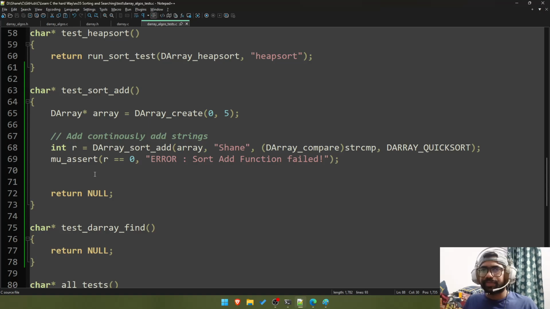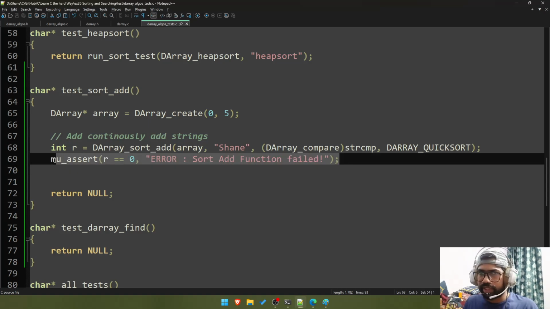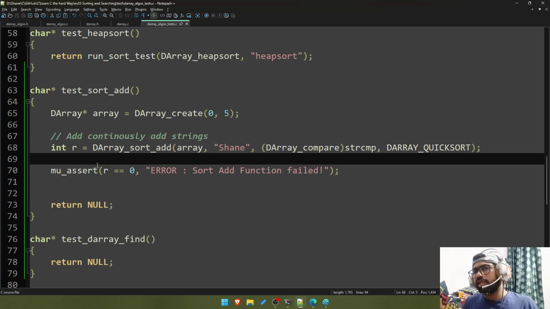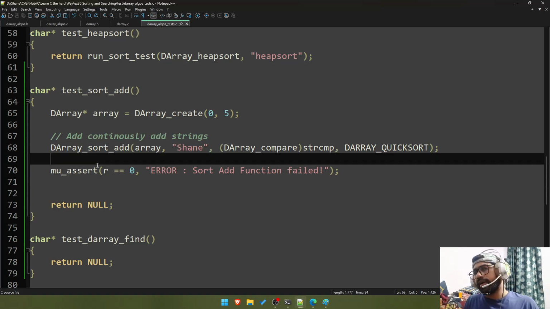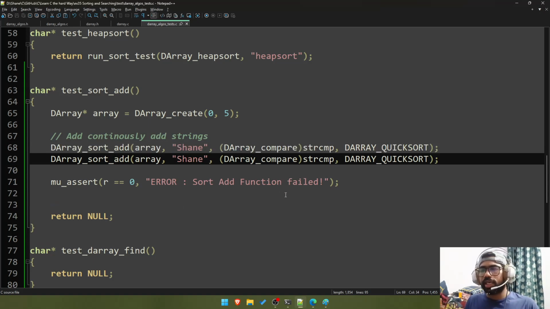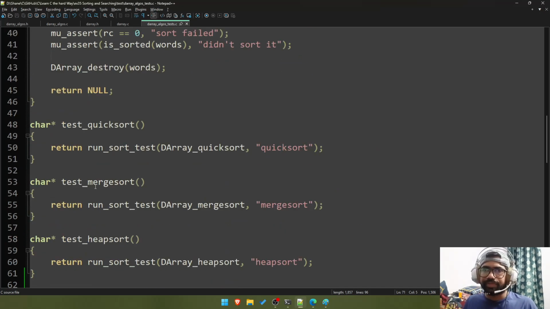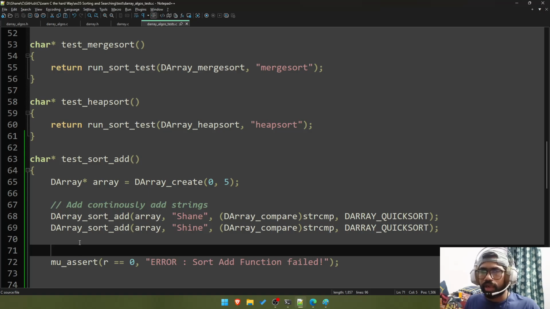So now I am going to... This is fine. Let's not worry about this for now. And let's say I go Shane and then I go E. Okay, I know Shine. Right. So I would check order. How is that checking order? Is sorted. Okay. So I'll go mu assert